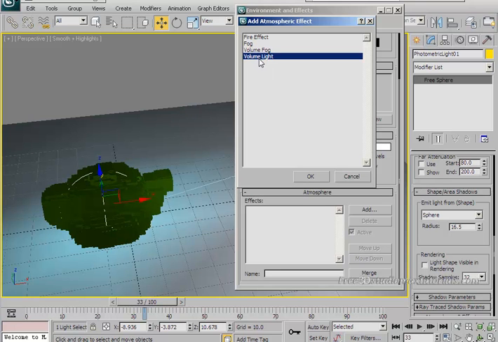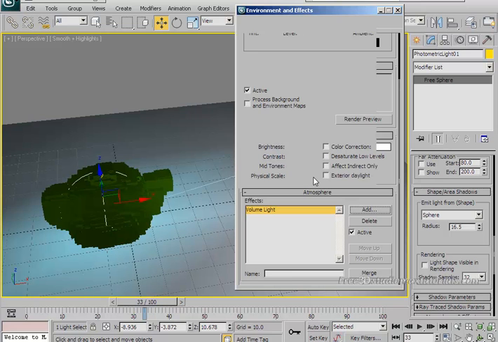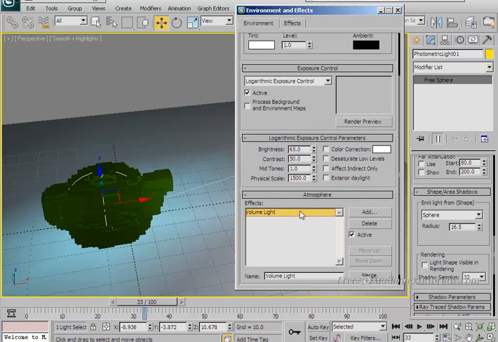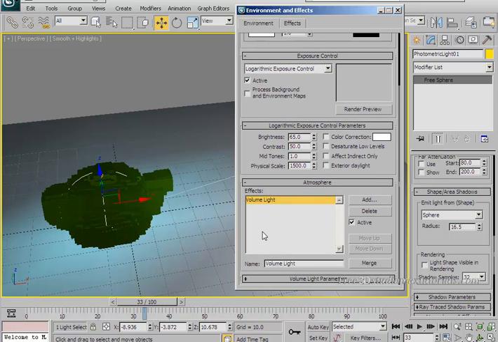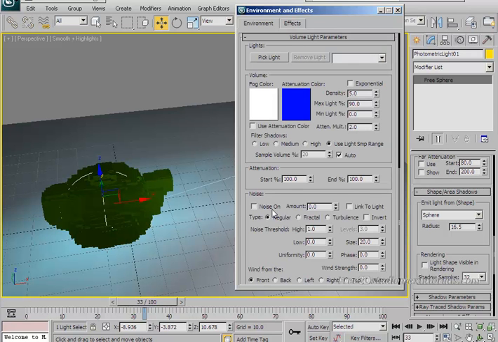Click on the volume light and then click OK. Now click on the volume light and scroll down. Just click on the volume light parameters and click on pick light and select this newly created